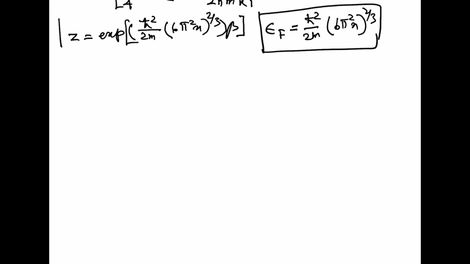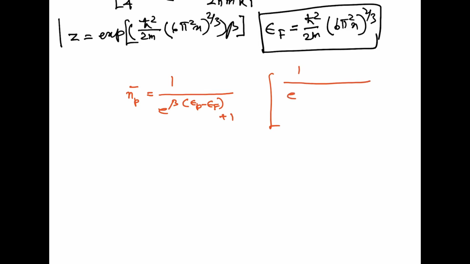So in the neighborhood of absolute zero, the average occupation number n_p bar will be 1 by e to the power beta (epsilon p minus epsilon F) plus 1, because what we have is 1 by e to the power